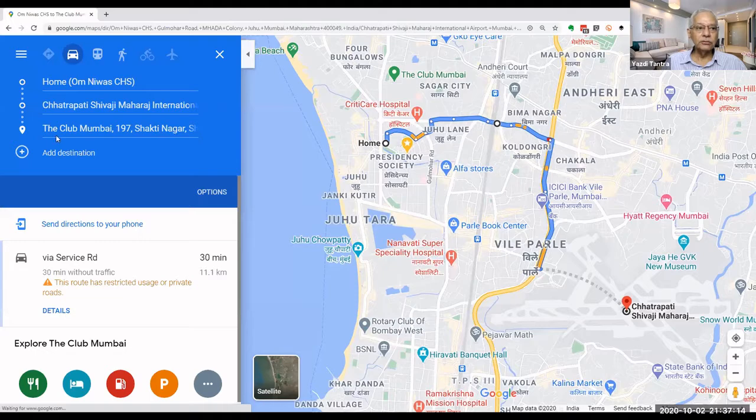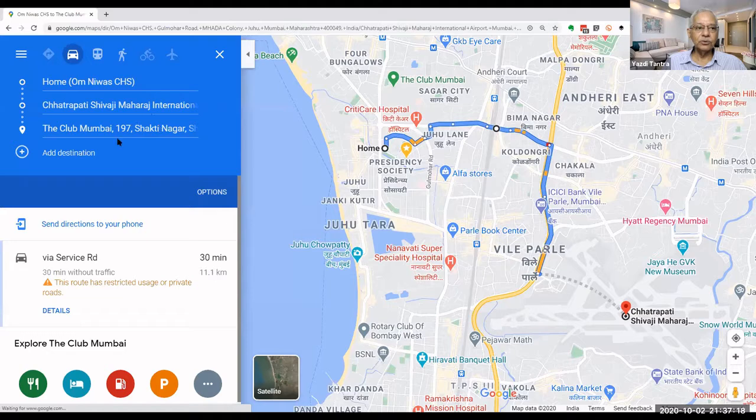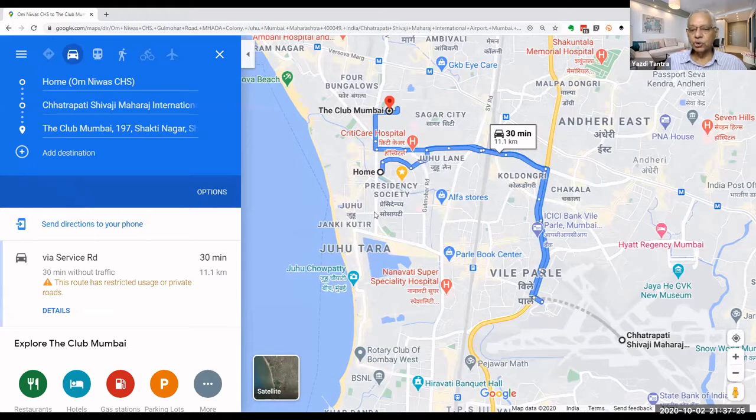Okay. And of course, I can move this. I can say I want to go to the club before going to the airport, where it will show me the route. I'll go to the club, coming back, and go back to the airport. Very simple and very fast.